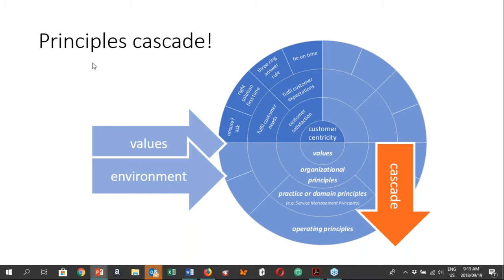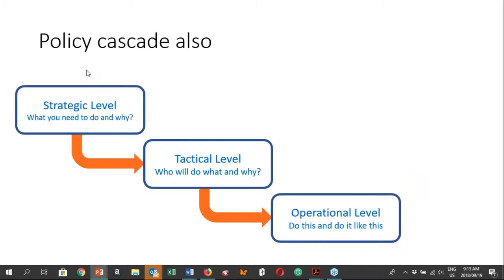These are just some examples. So you find this cascade of principles also through the organization.